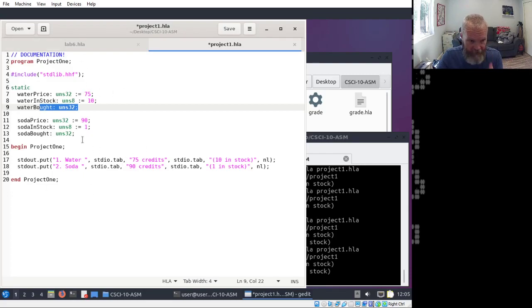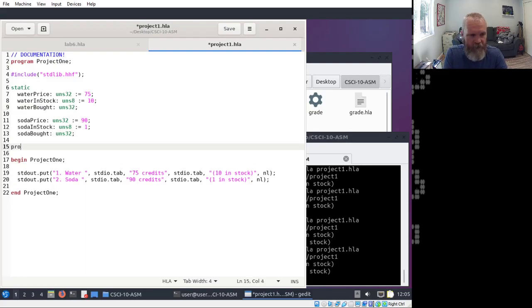Okay, so there's the water and soda. Now what I want here is a procedure. I'll call it print item. So I'm going to make a procedure to print an item for the menu. And then the trick here is to look at how you're printing them and figure out what's going to change from one item to the next.